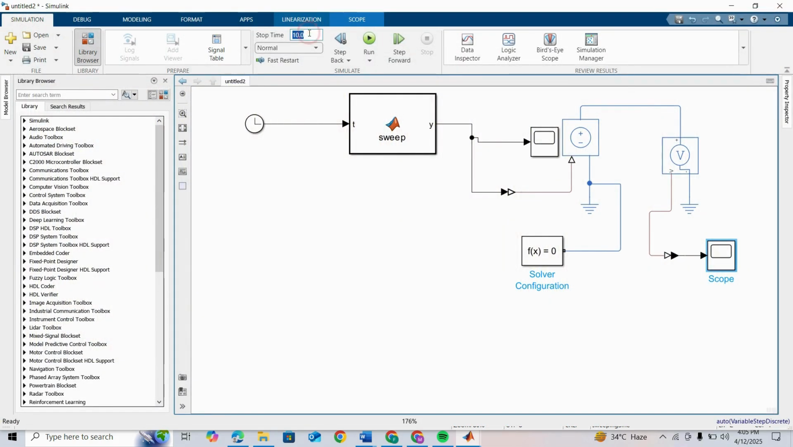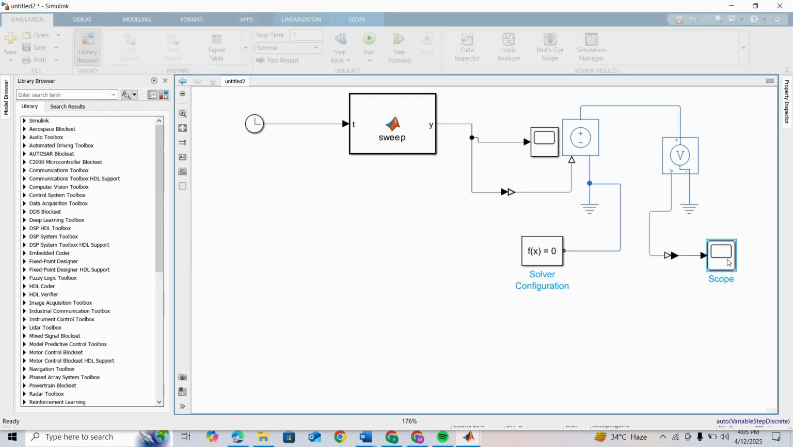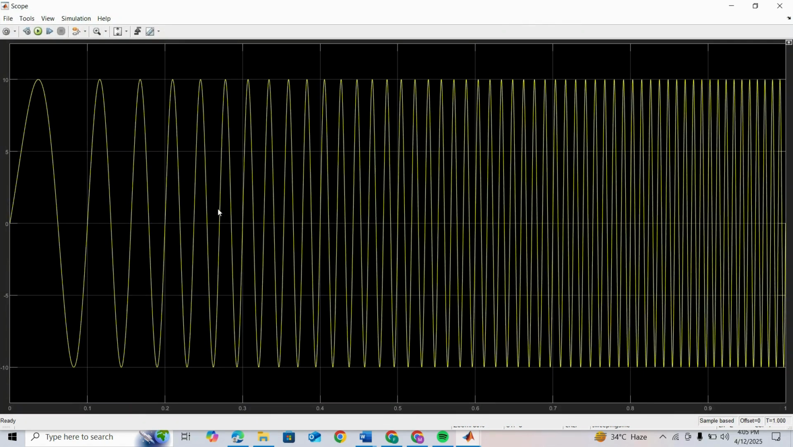Now I'm taking a stop time of just 1 second. Now you can see this is our output. Our frequency is varying over